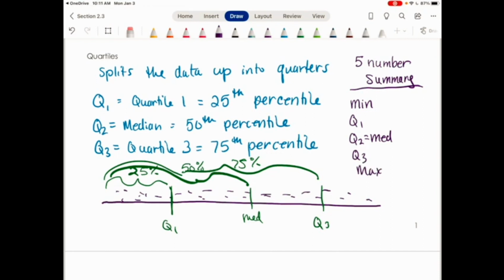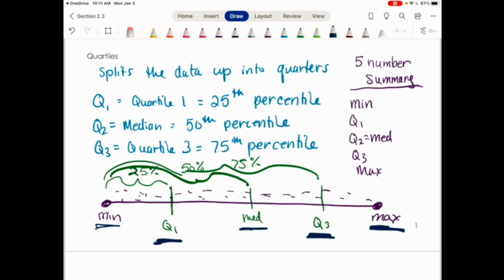So if I add in on that number line my minimum value and my maximum value of that data set, all of these numbers here, the minimum, Q1, median, Q3, and the maximum, those represent what's called the